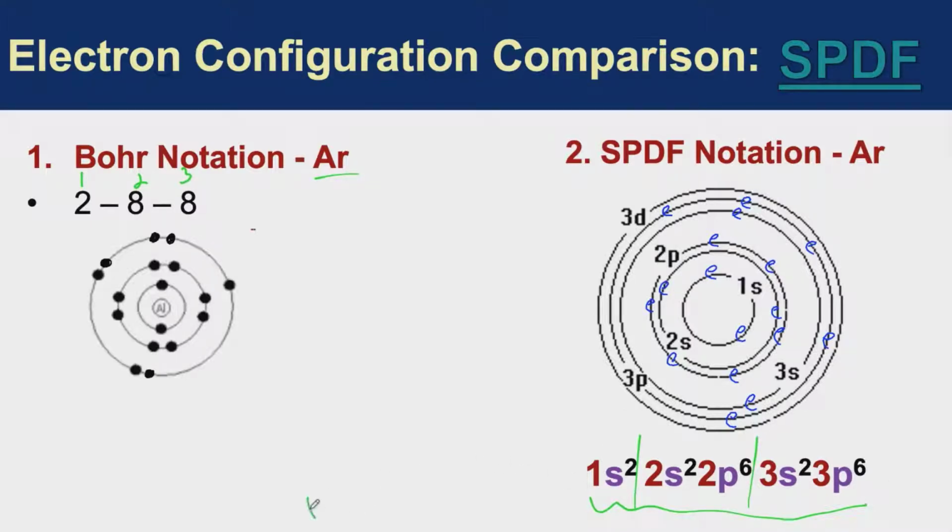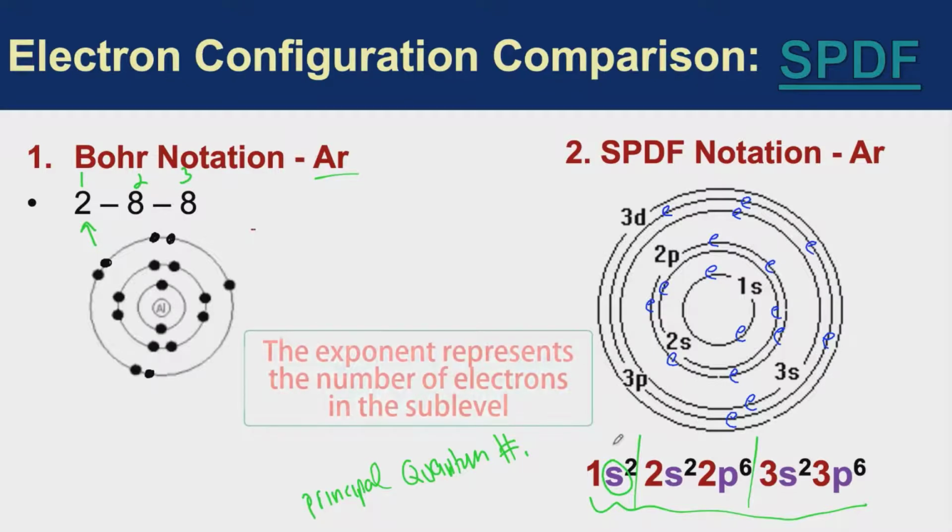This is known as your principal quantum number, and that refers to the ring or the principal energy level where the electrons are found. You'll see here in your Bohr notation, there are 2 electrons in the first ring. Well, those electrons are in an S sublevel, and there are 2 of them. So the 2 electrons that are here matches these 2 electrons that are here, except they're just saying they're in